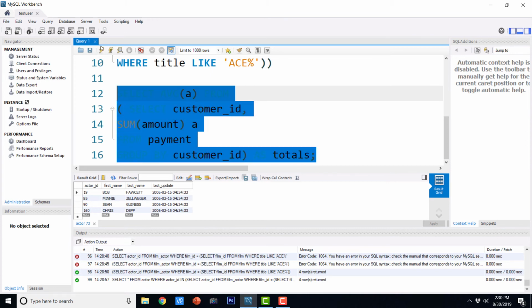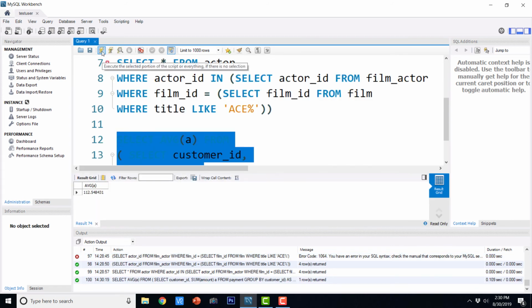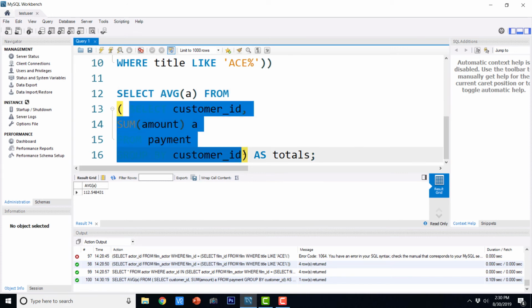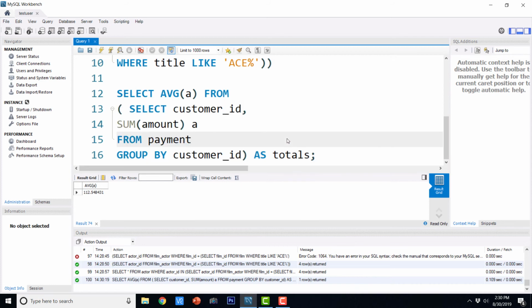If I execute this, this is the output. Here we are using this inner query as a data source. This is known as a derived table.